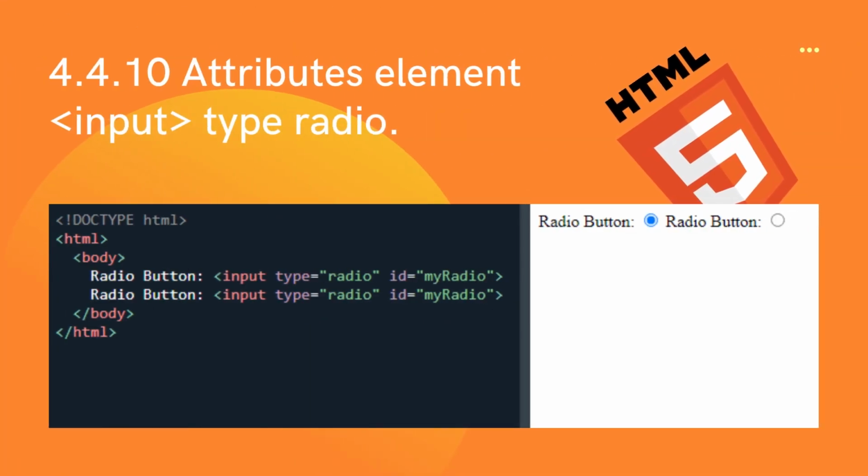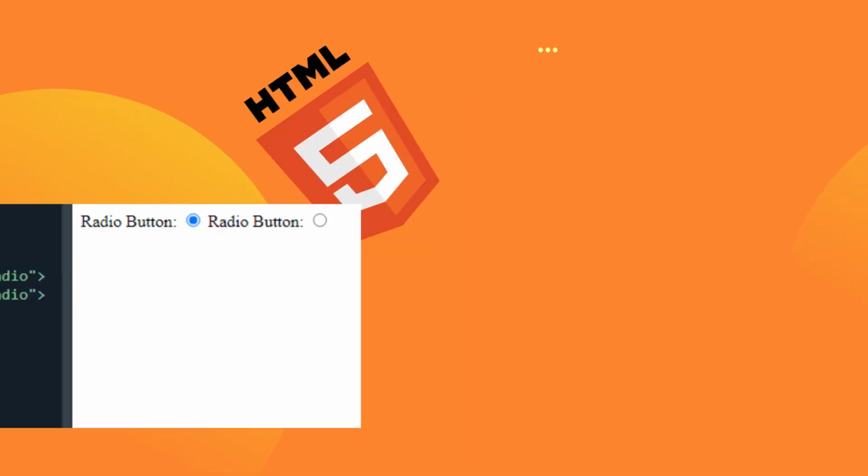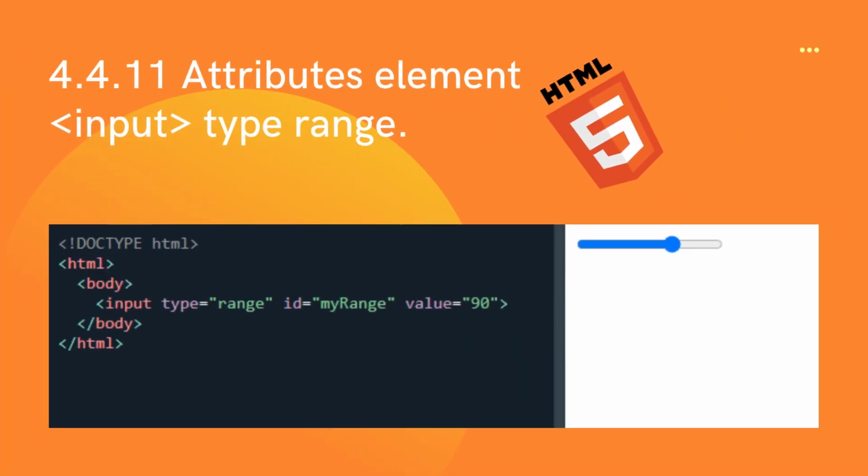Attributes element input type radio. Type attribute returns the type of the form element, a radio button. Example: the input type range element attribute. Type attribute returns what type of form element the slider control is. Value attribute specifies or returns the value of the value attribute of the slider control. Example: